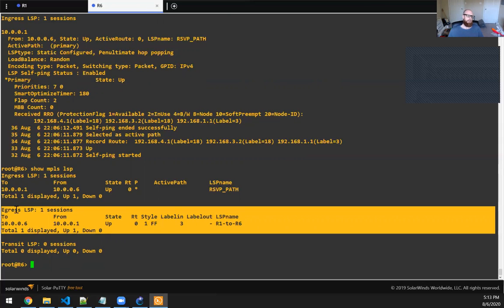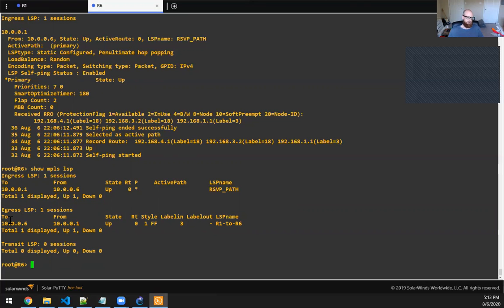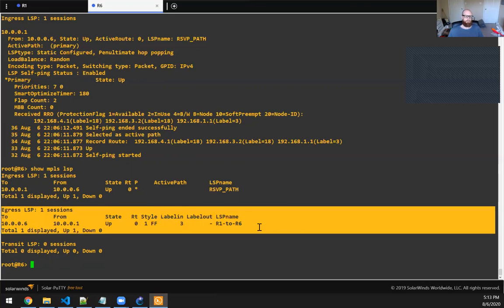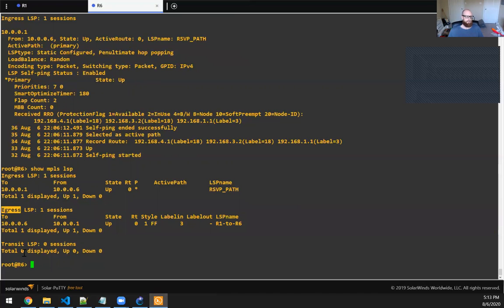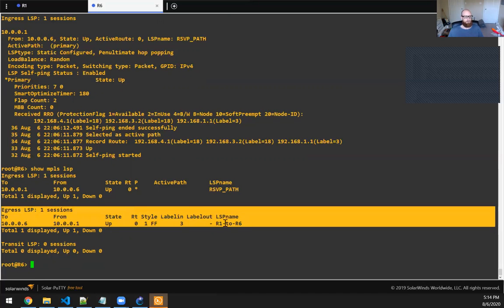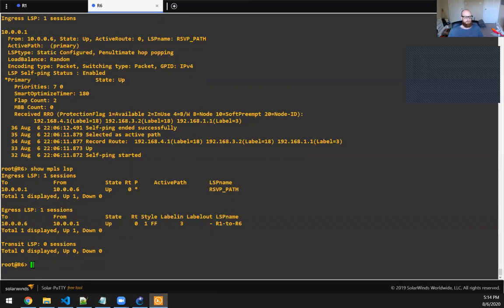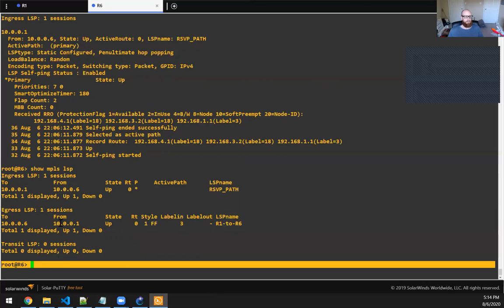Oh yeah. And I remember, these are so strange. Egress from the perspective of what? Because I would think if this is router 6 and the LSP is to router 6, from the standpoint of router 6, this would be an ingress LSP because it's being sent to router 6. So it's an LSP that's coming into router 6. So really strange naming. It'd be nice if I could resolve that confusion because I actually did have a similar confusion